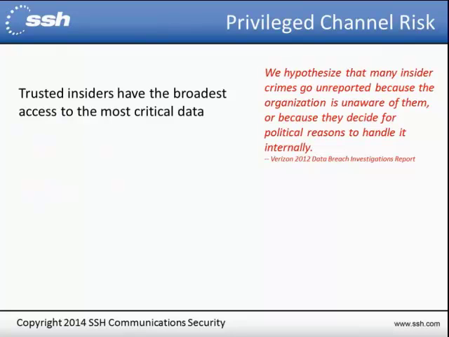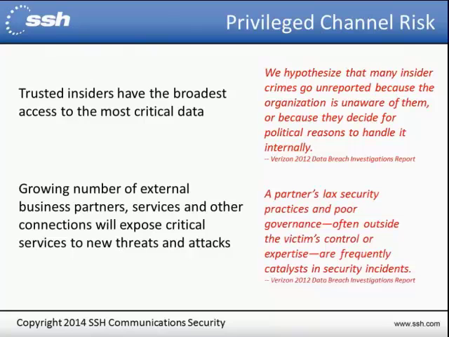And central to the attacks is the issue of a privileged channel risk. This is information on the graphic here from the Verizon 2012 Data Breach Investigations Report. And I encourage you to find that report and read its contents. It has a lot of good information in it. But a couple of things from the report that I wanted to highlight is that a lot of insider crimes go unreported, both because the organization may be unaware that the attacks actually took place, or because for reasons of not wanting to have negative publicity, they decide to handle it internally and not deal with it through law